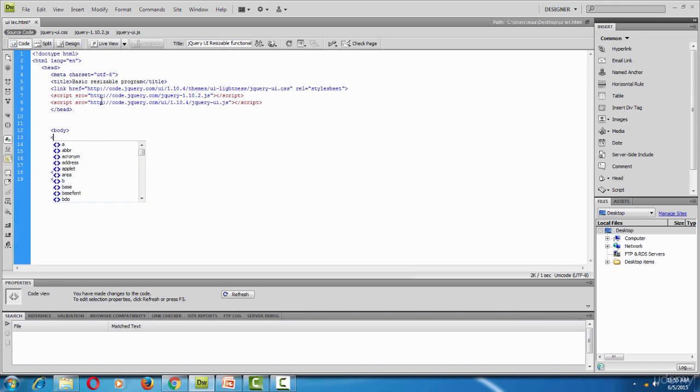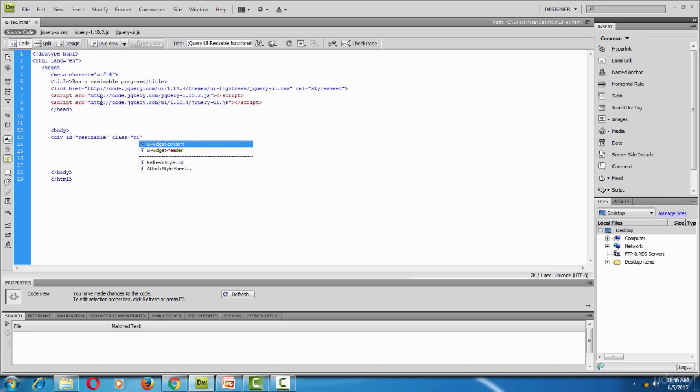So div and ID again. In this program I will show you the concept of IDs and classes very clearly, how we can use them. Since it is a concept of CSS, I will make it clear in this course. Here the ID I am using is resizable, let's say, and the class as usual we use